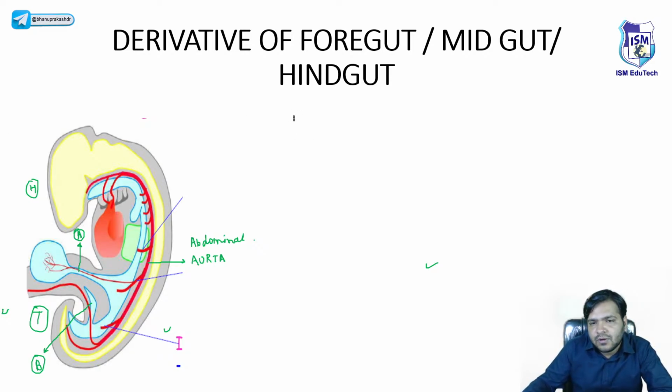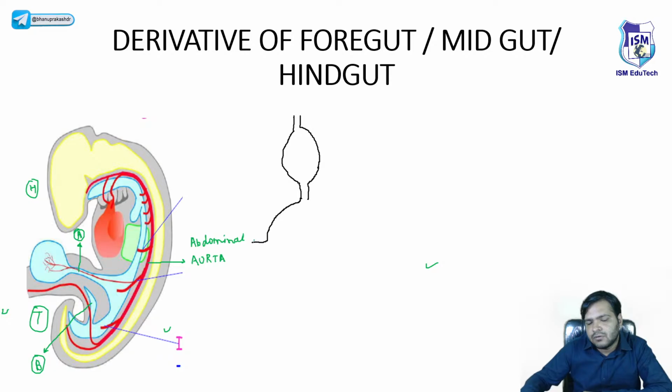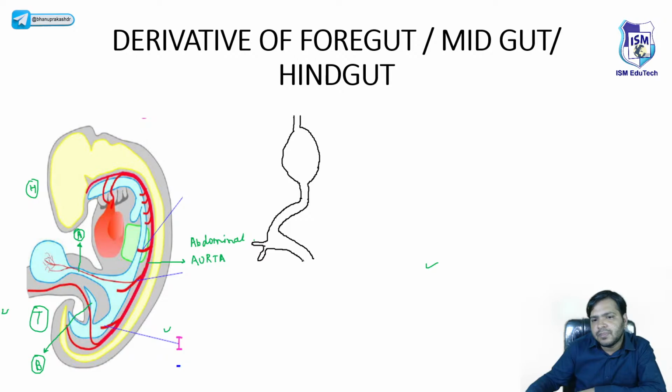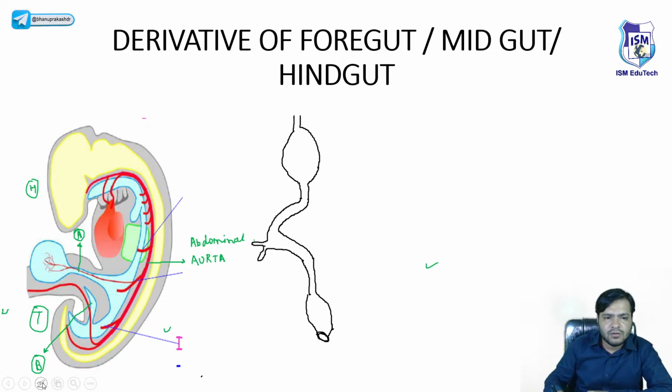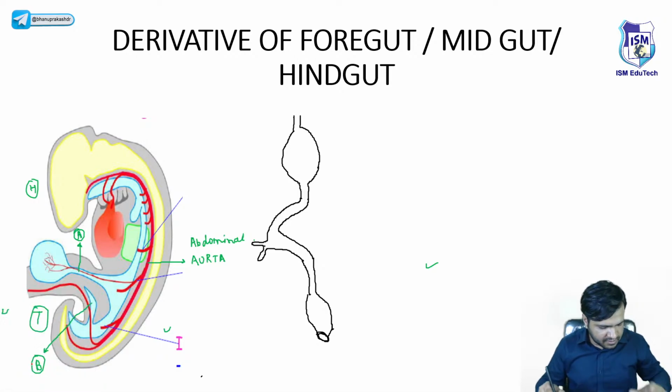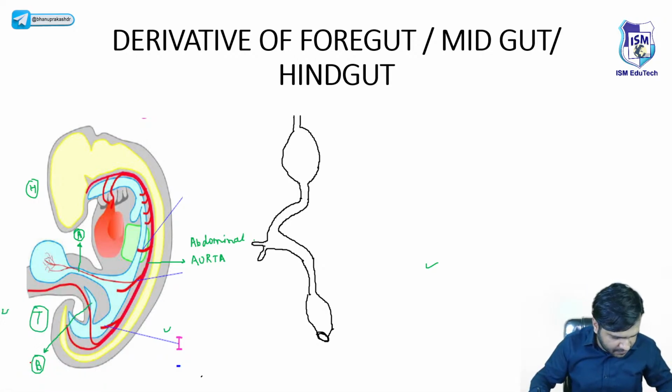So you already know that we have foregut. You have to draw the system along with me. I will just try to make this diagram more simpler. Okay. Then we have the midgut. Okay. Then we have the midgut. And at last we have the hindgut. Now, अभी पार्ट्स भी देखेंगे कि फोरगट में क्या पार्ट्स होते हैं। या बी इज द एलेंटोइक वाला पार्ट है। यस, एवरीवन इज राइट।